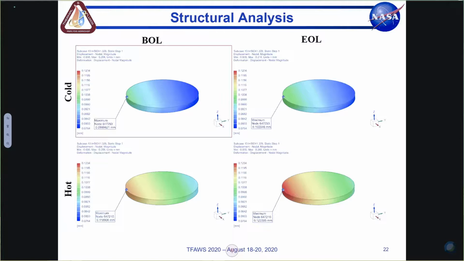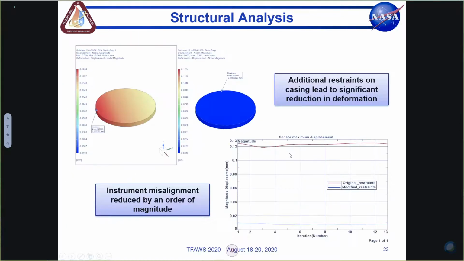So here are a few cases where we ran hot and cold cases, and then BOL, EOL for multiple properties. And in general, what we saw was an order of a tenth of a millimeter deformation on that detector, and that's for something that is highly sensitive. That's not so good, so we want to reduce that if we can. And it turned out that it was really just a matter of adding a few more restraints on the structure itself. So you rerun the case, you add those